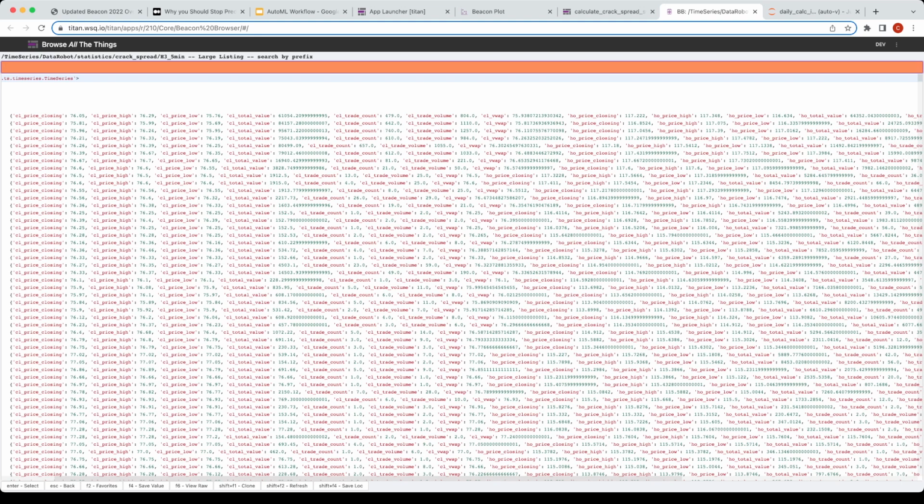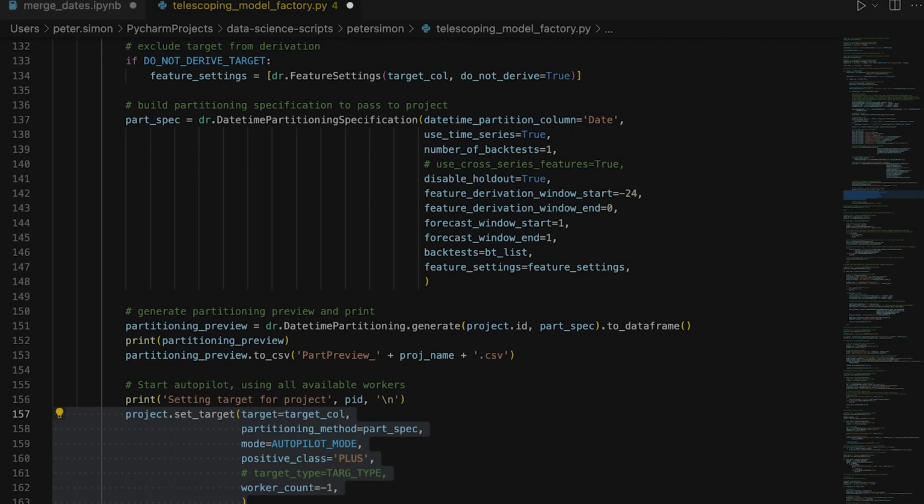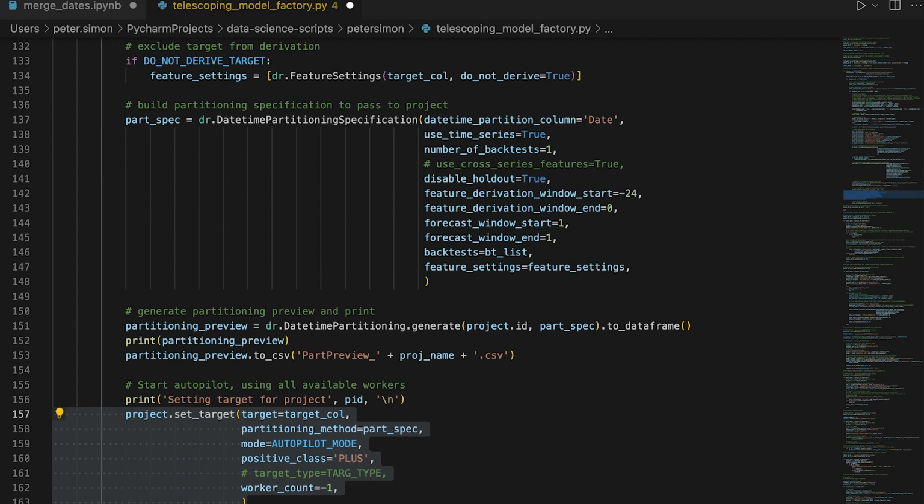And so what we do is we effectively just give Peter a bunch of CSV files that have all of this data in it, and I'll hand over to him now to walk you through how we do the model training. Now we've got the data ready from Beacon, we can ingest this data into DataRobot and start building machine